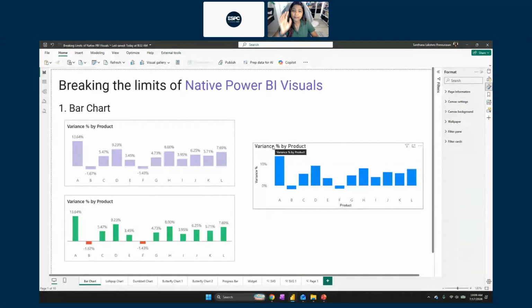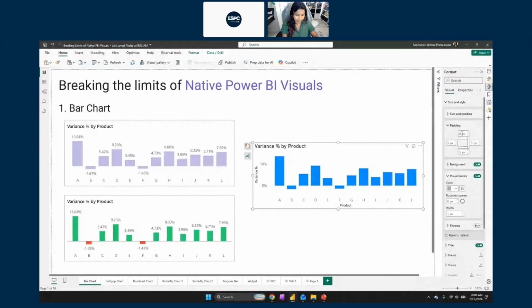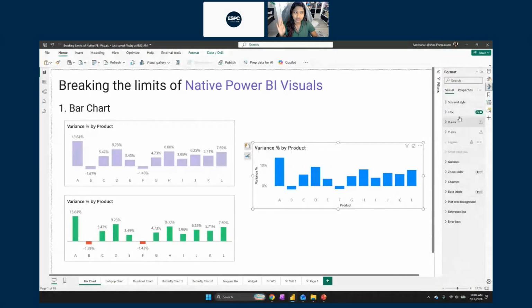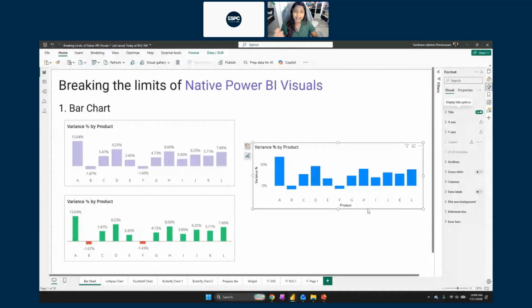Now, next thing, I'm going to work on my title. Do you see how the title is very loud? And you see how it's very close to my border. How do I make it better? By adding a padding on the top. Just by adding a little padding, it looks much cleaner. Next, I'm going to reduce the size of my title. I don't want my title screaming at my face. Done.